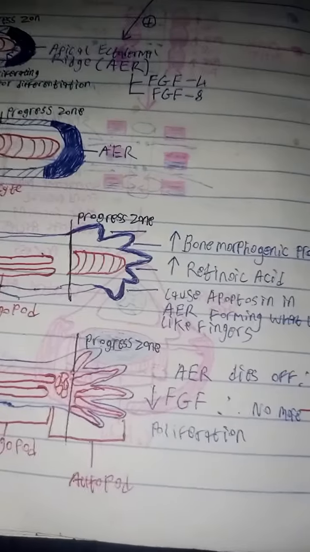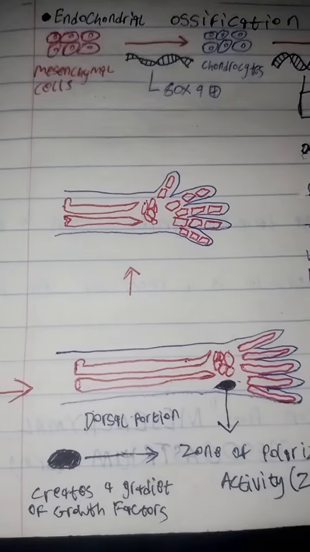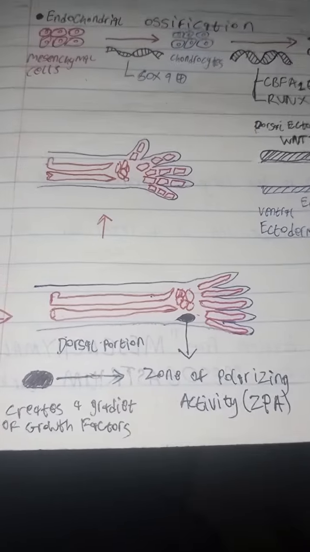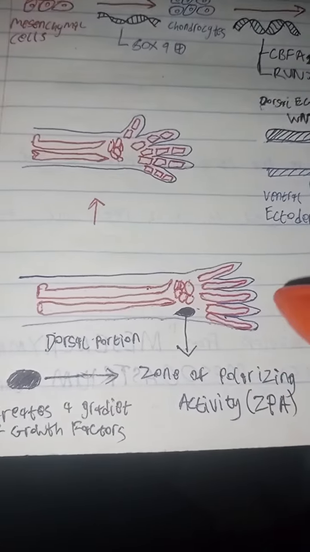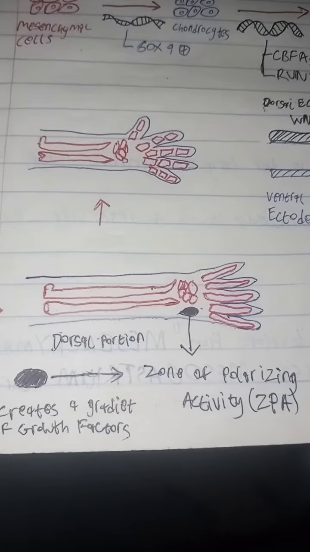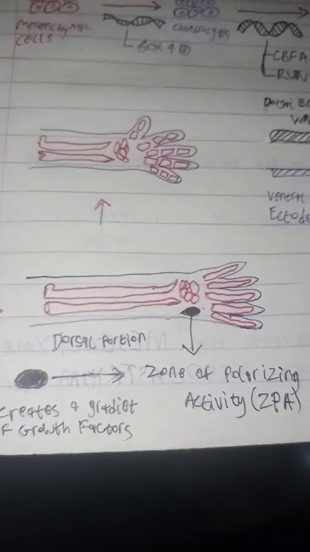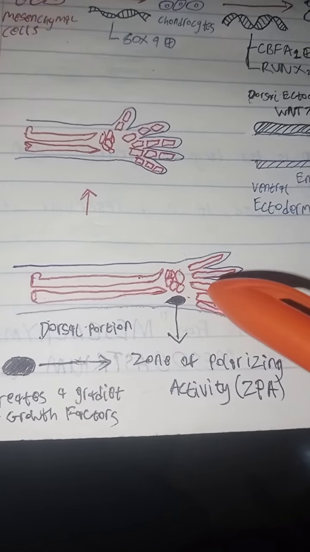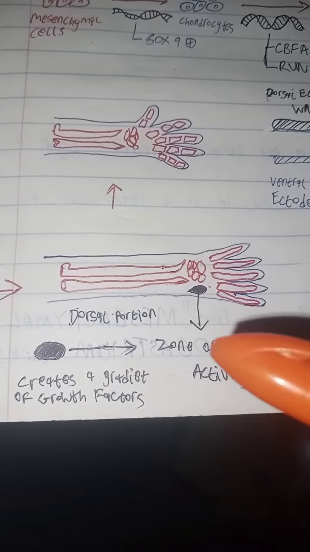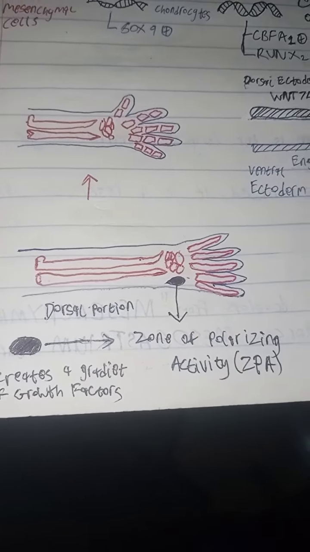And eventually, we've got this. Okay, so we are here. What's happening here? Anyway, just imagine these fingers are all identical, look alike. And the body doesn't know who should be the pinky, who should be the thumb. And that's where this thing comes into place. It's called the zone of polarizing activity. It creates a grid of growth factors that will determine which one will be the pinky and which one will